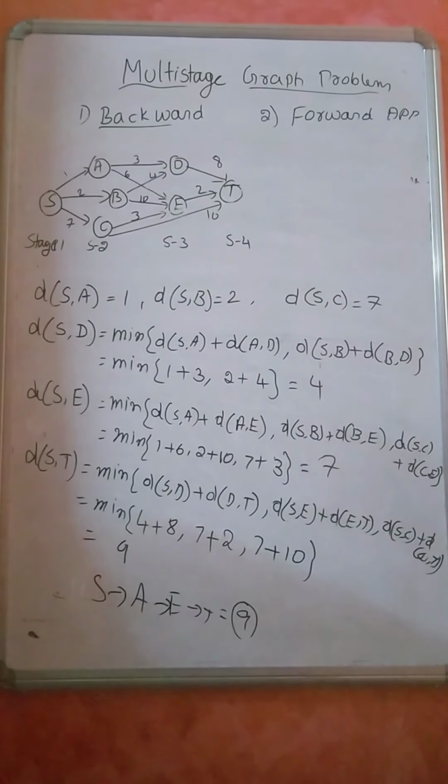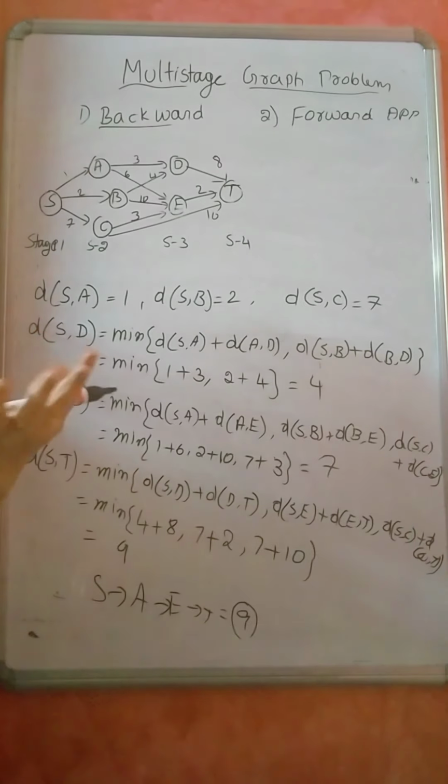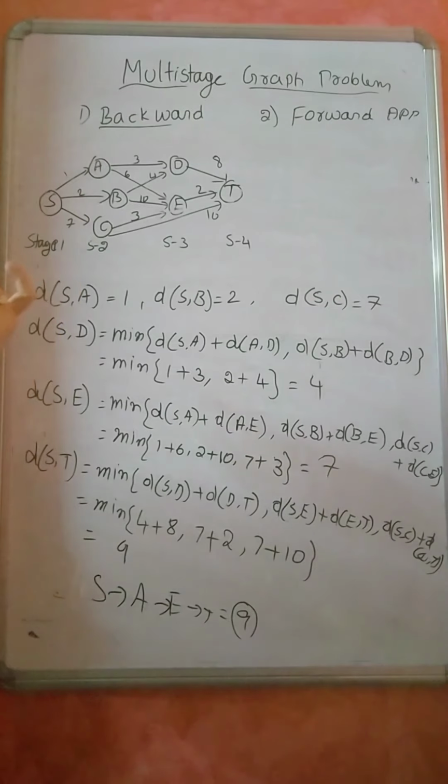Both are very easy. You can go through them. And there are algorithms for the backward and forward approach, but different textbooks use different approaches. So I'll go through that once, then I'll explain the algorithm for backward and forward. Usually previous question papers have not asked about the algorithm, only the problem. But no problem, I'll explain the algorithms for the backward and forward approach in the next class, or when I am comfortable with both of them.